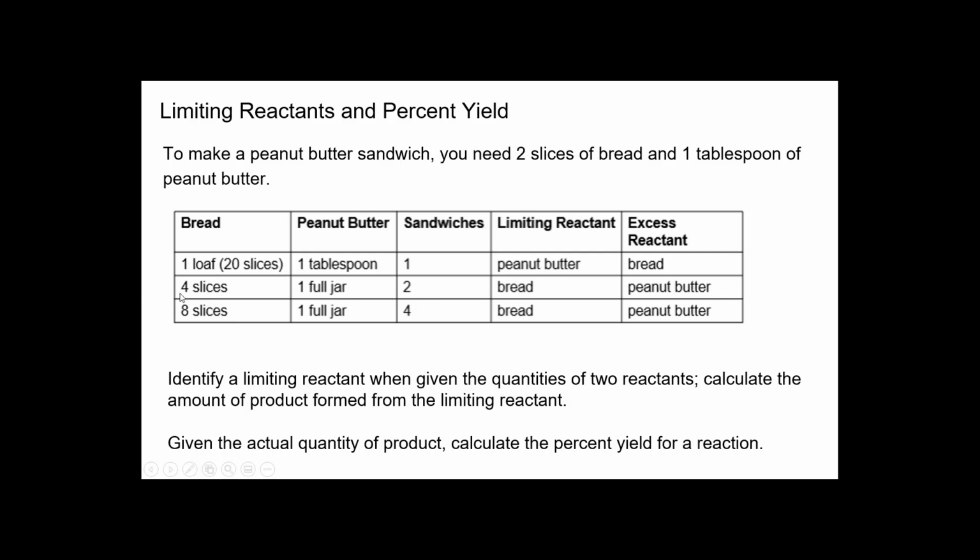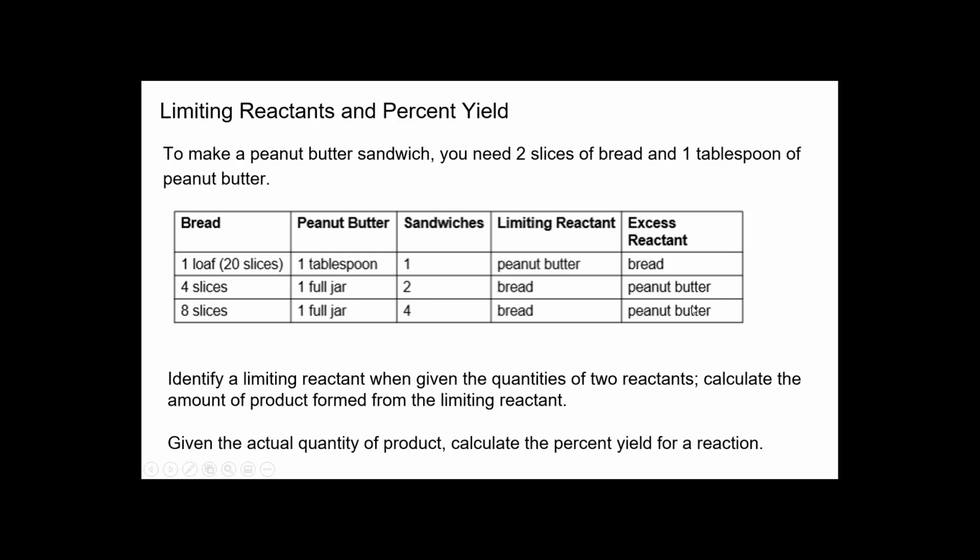But let's say we have 4 slices and 1 full jar of peanut butter. Now it's the opposite. We can have 2 sandwiches made. The limiting reactant is the bread, because we've run out of bread, and the excess is the peanut butter. 8 slices, 1 full jar. We can have 4 sandwiches, but the bread will still run out before the jar of peanut butter is done, depending on how thick and how much you use that peanut butter. But if we go by 1 tablespoon, that means that the bread is still the limiting here,